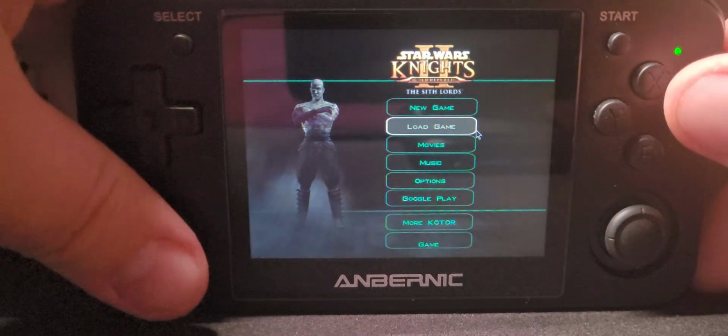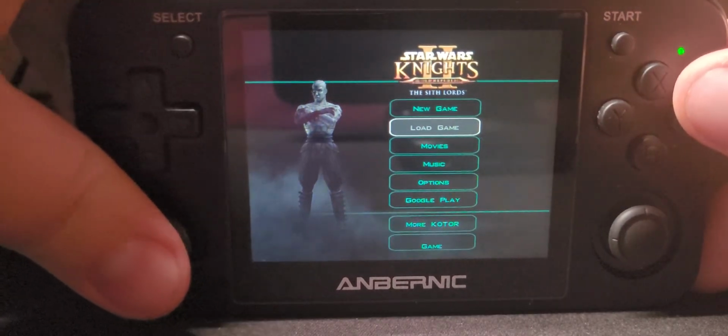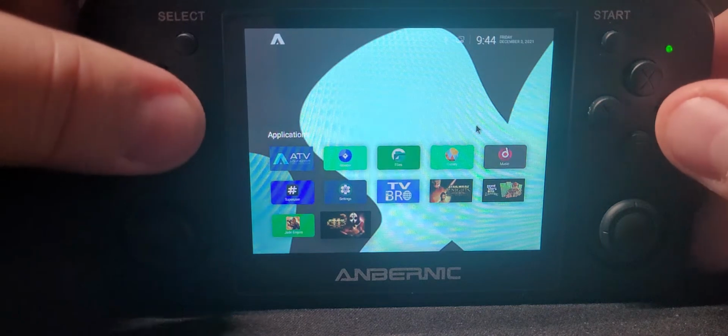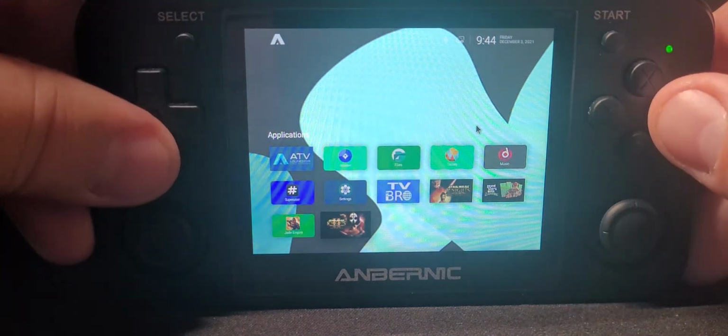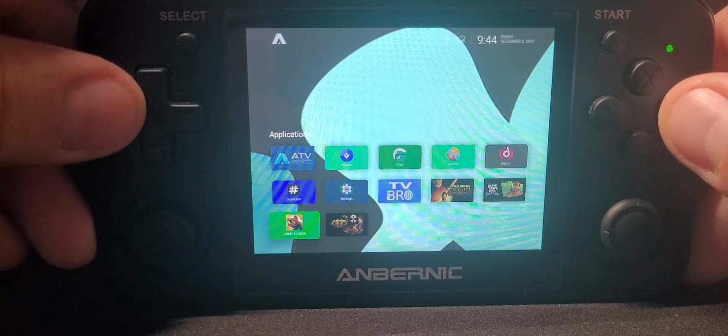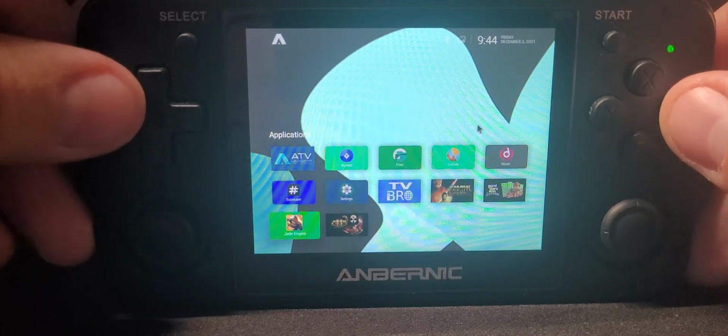I think that was just double-click the left stick. Yeah, I don't know why that's to quit, but it works. Double-click the left stick. Alright, so the surprising one, at least for me, that actually runs, however, this one required